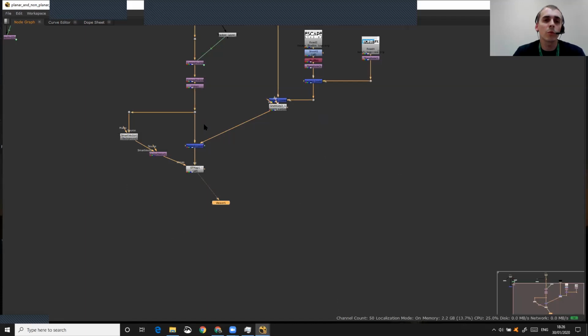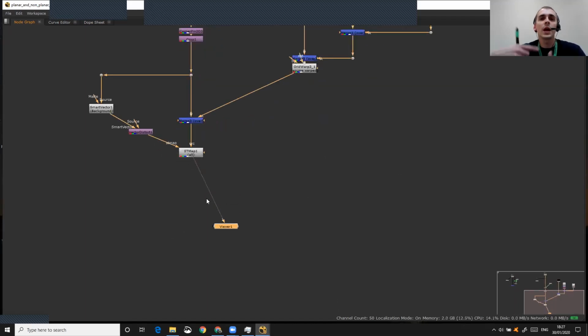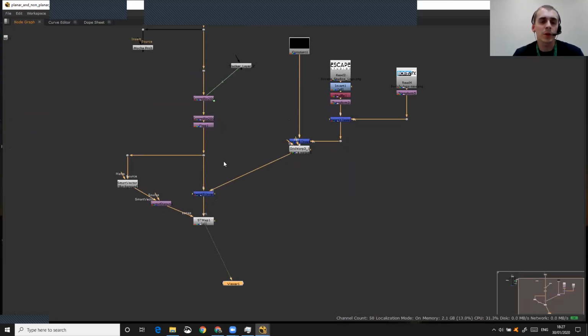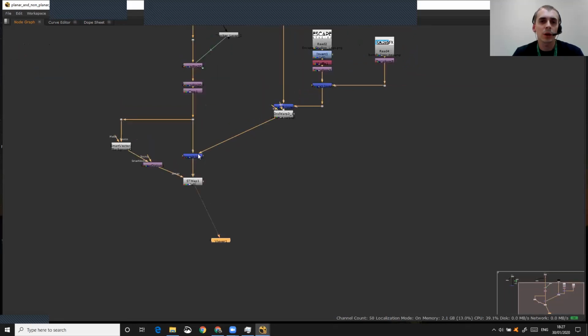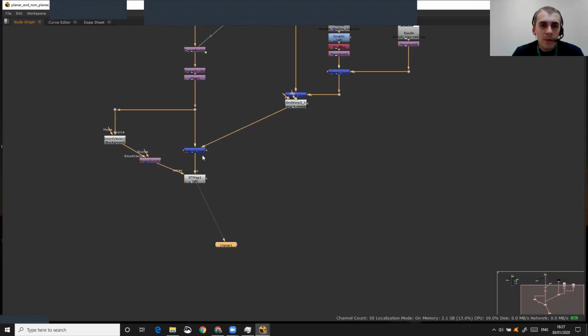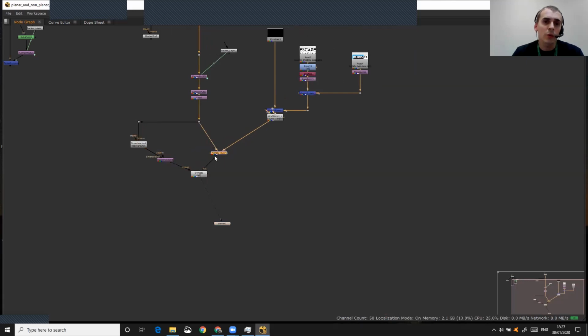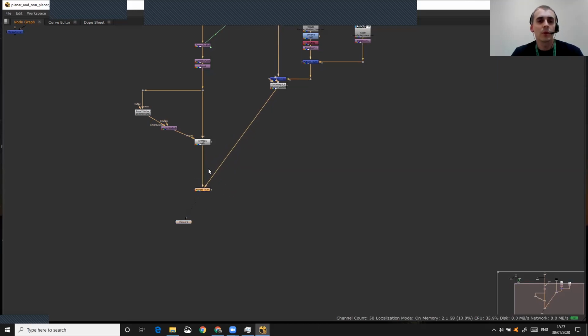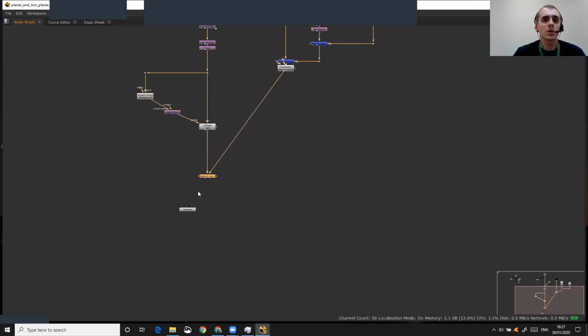So what we want to do after this is undo all the stabilizations, because we actually don't want the stabilized footage as an output. We want to comp with logos on a wall. So for that purpose, we will only apply this stabilization to our footage, and we comp our logos on top of the stabilized footage. And then we need to remove the stabilization. So we have to undo all the steps we did before. So I have to undo